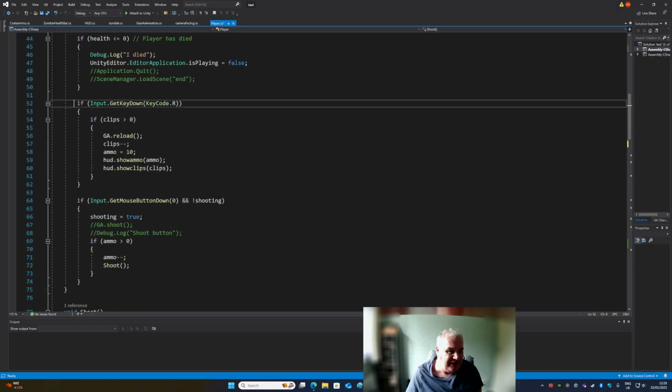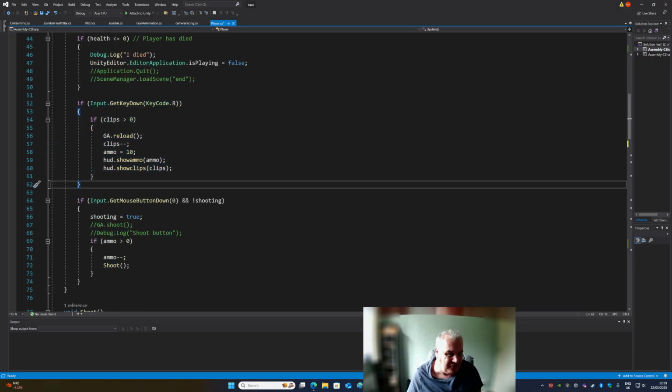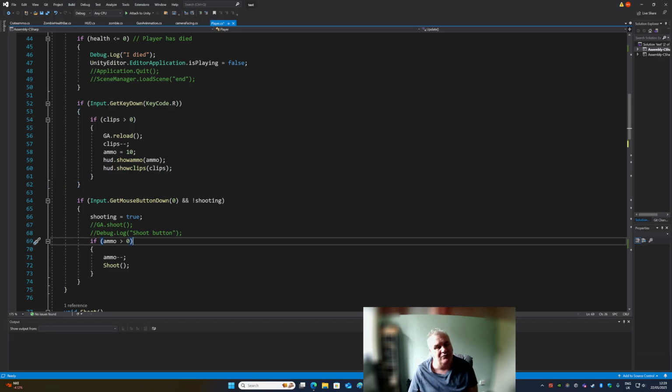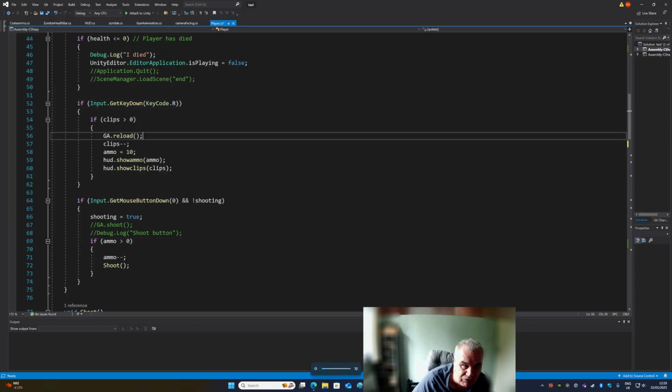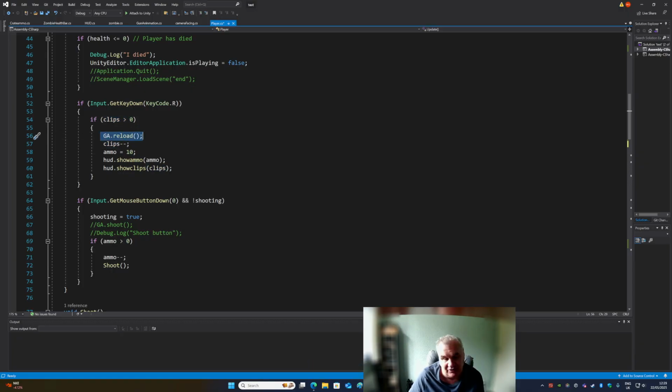Right, so this is the new bit of code I've added. Before we had if ammo, we had a bit in here about if the ammo was equal to 0, then it did an auto change. We don't want to do an auto change, we want to do a manual change. And what I've done is if you press the R button and you've got the clips to do it, then it runs the reload animation